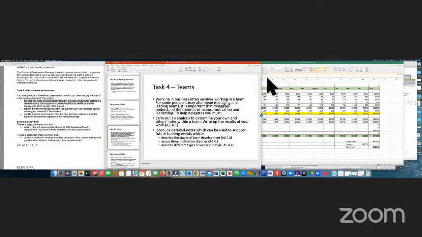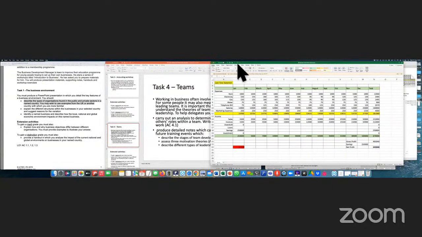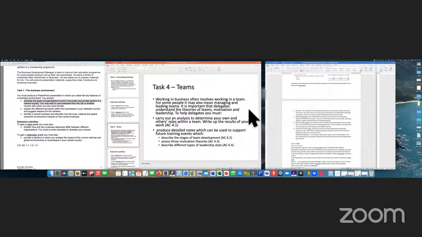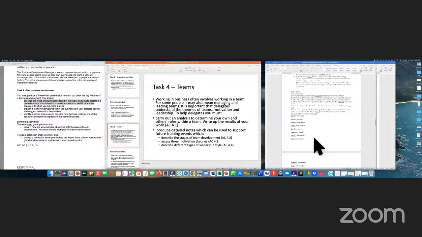Now, task 4 is essentially all about theory and using the frameworks of team building, Tuckman's model, and Dr. Belbin's team roles, and presenting that in the Word document. So here, as you can see, the learner has presented that they are working in a business, they're managing a team, and they are required to now do an analysis on their own team. So what the learner here has done is